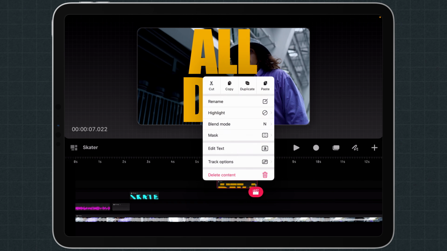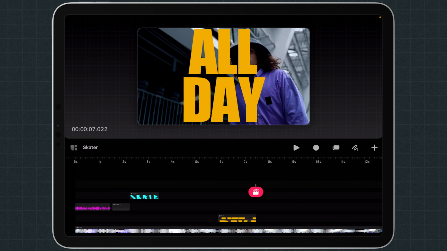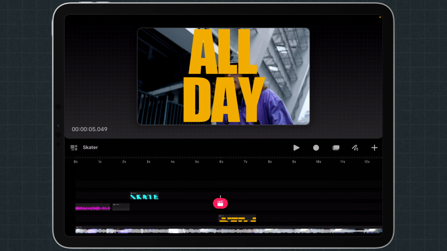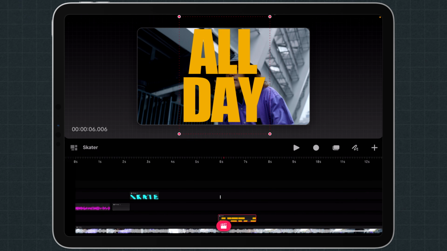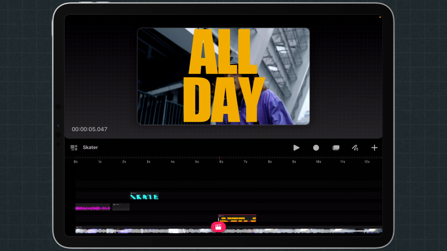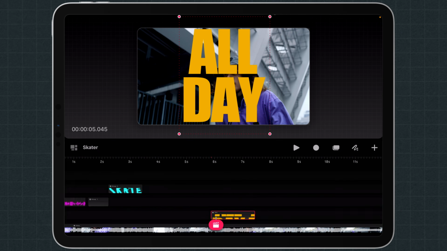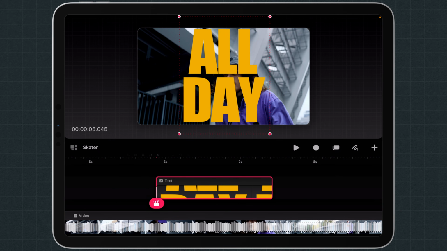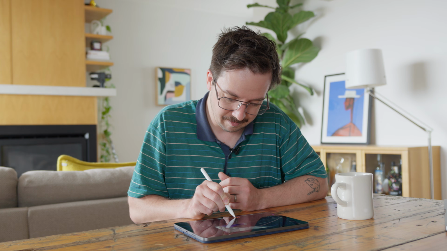Great. Now what I want to do is use that as a mask. So I'm just going to zoom out a little bit, and I'm going to bring this piece of footage all the way down so it's sitting above our video. But what I've actually done is moved that away from exactly the frame that we needed it on. So let's just go back and fix that again. Like I said, we're lacking a little bit of fine control.